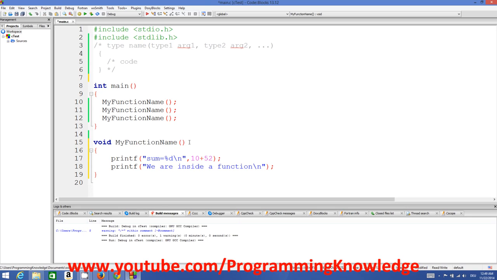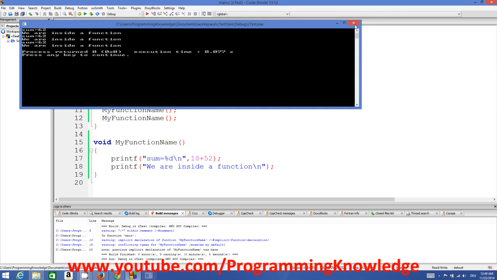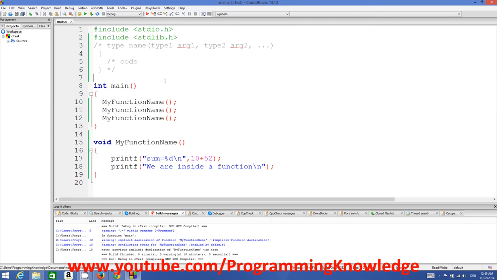Just copy this here and paste the declaration here, right? And I will show you, if you don't do this, what happens. If I don't prototype this, I will just delete this and try to compile my program. It still runs, but when you prototype your function,